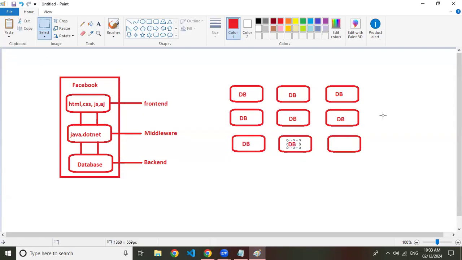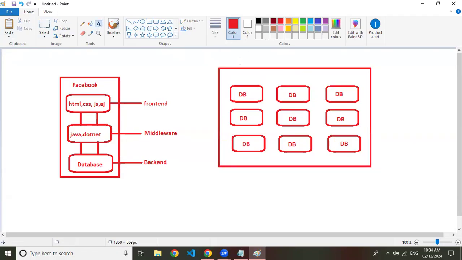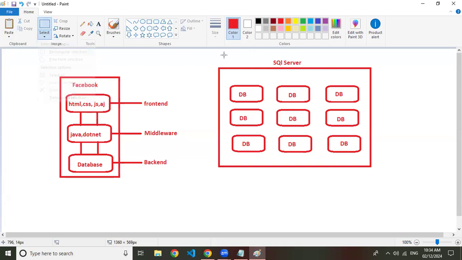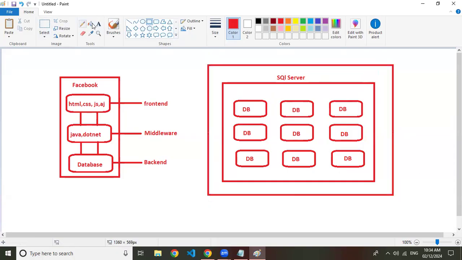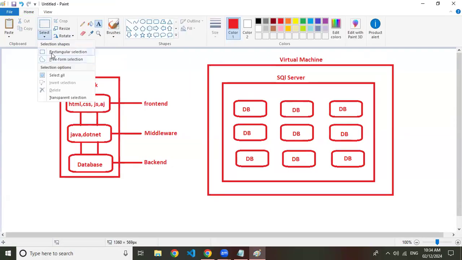This is SQL DB. In this SQL DB, you'll have the SQL server. Above the SQL server, what you are having here? You're going to have the virtual machine. It's clear? Yes, Sandeep. But in the Azure SQL, what you're having directly, you have the